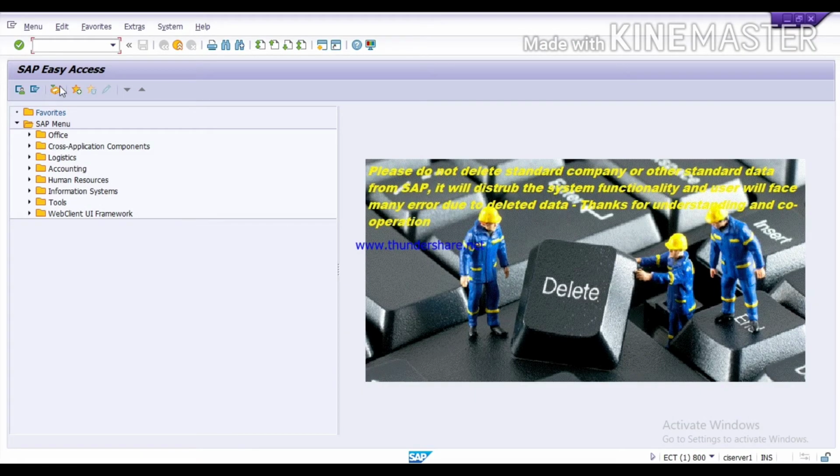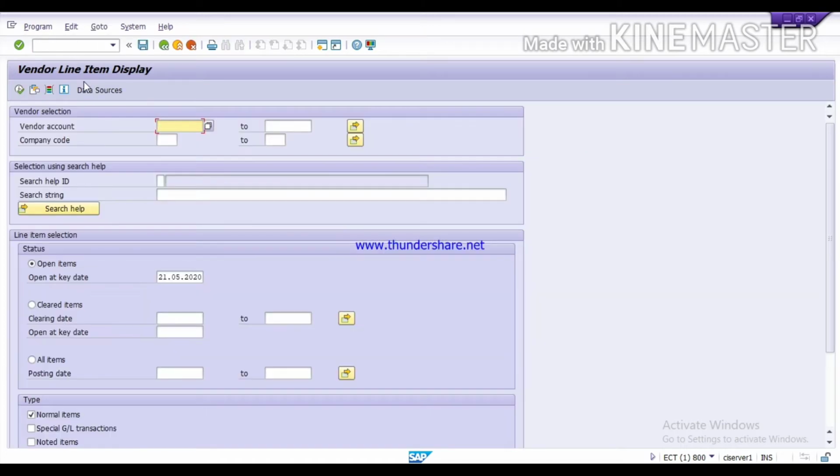Here, first of all, we will check the vendor account. We will check the report with the T code FBL1N. Here we will give the company code and select the vendor to which we have to pay the amount.